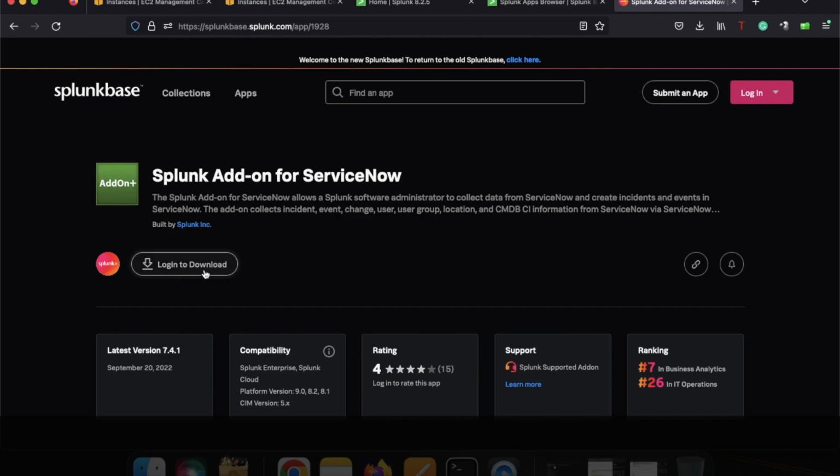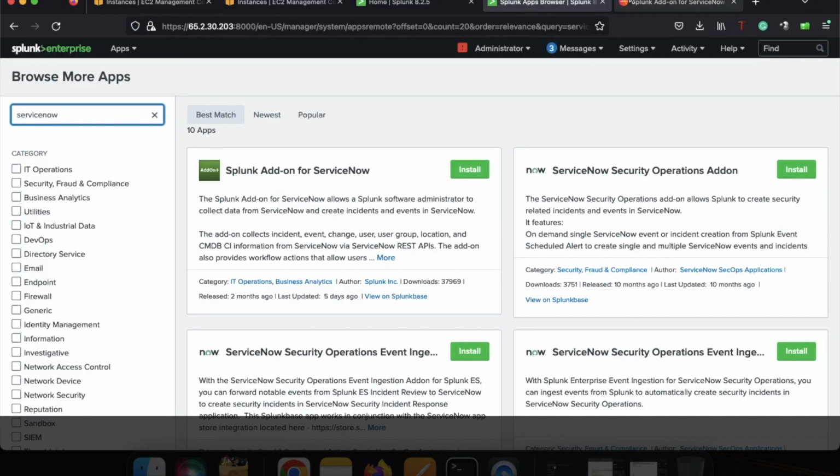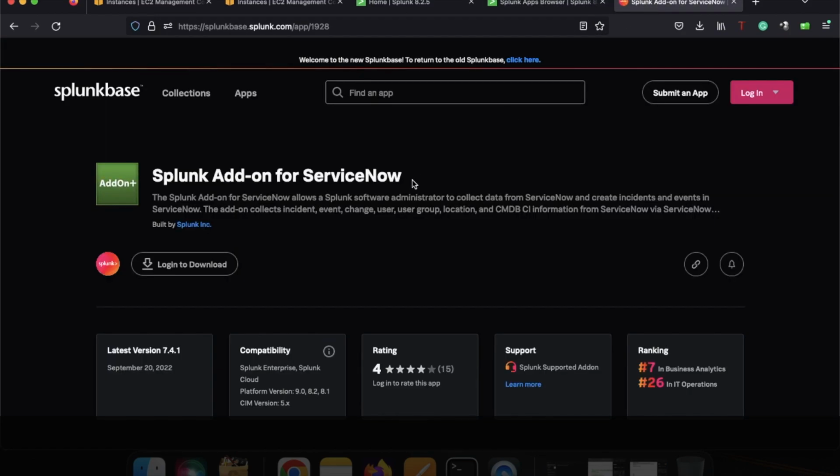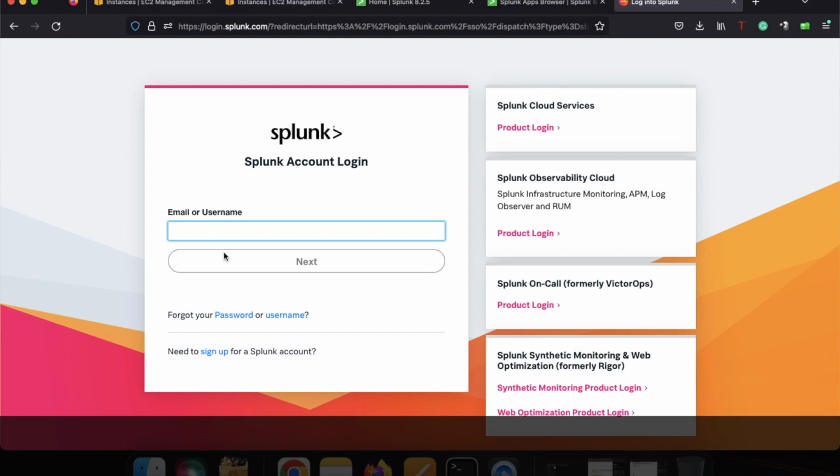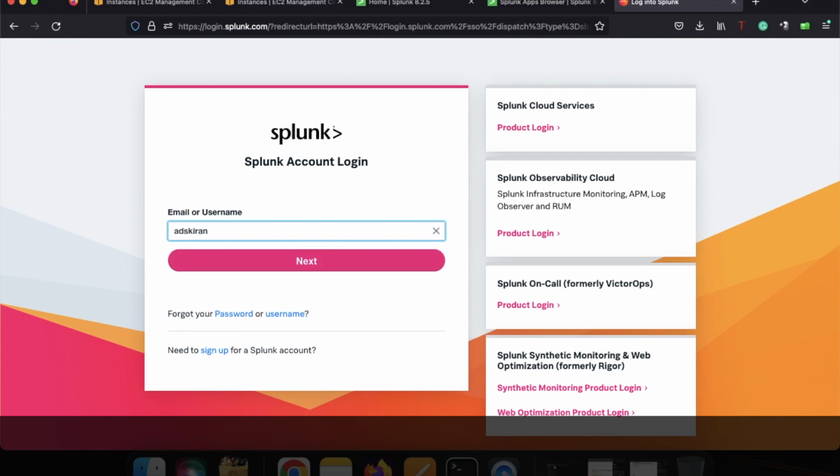Now you can download this particular app, but in order to download it, you have to log in. We have already logged into the Splunk instance, but that is not sufficient. You have to log into the Splunk website, where you download Splunk software. So if I click on this link, it takes me to the login on splunk.com, where it asks for my email or username. I'll provide my username